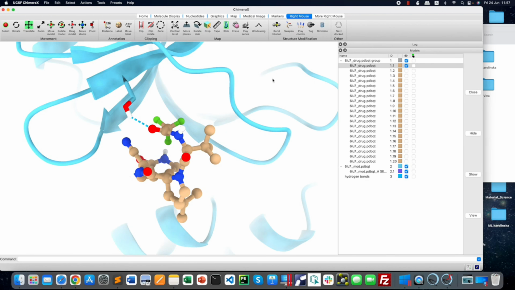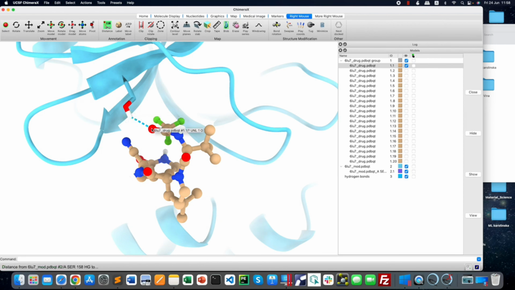If you need the distance from this one to this one, if you hover the mouse over here, you can see the distance written over here, 2.265. And how to show it on your image: go here in the distance tab, left click this and select the atom by using a right click,